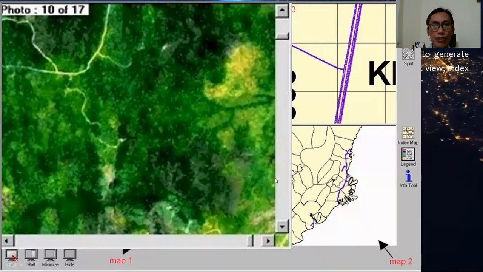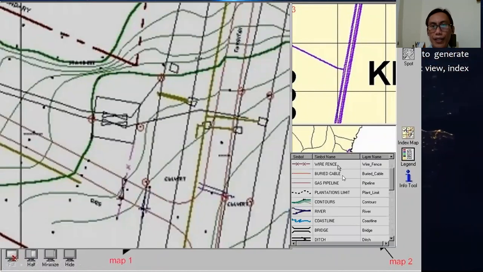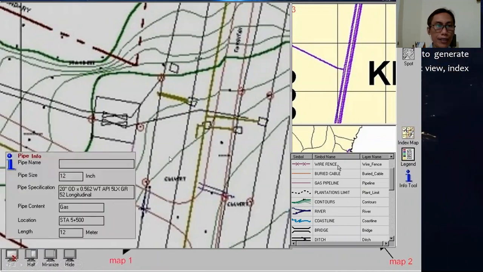So the pipeline together with other information like wire fence, plantation limit, contour, etc. Or we can even see more detailed information for each pipeline. Like here, you can see pipe size, pipe specification, pipe content, location, and length.